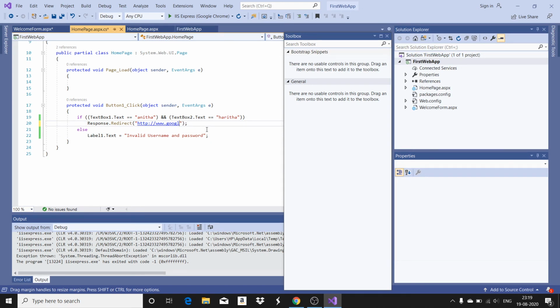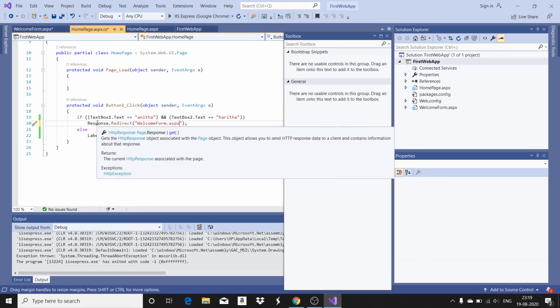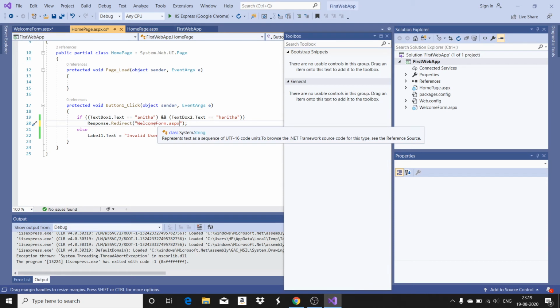So now what I'm going to do, I'm not going for the URL. I go for the welcome form. Spelling it is welcomeform.aspx. Okay. So what it will do? The response will redirect me to welcomeform.aspx.